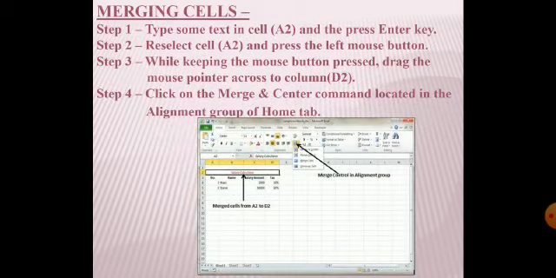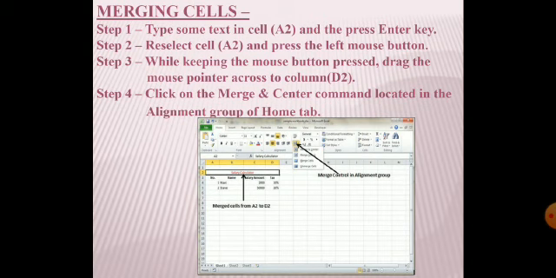The next topic is merging cells. Merging cells to center text across columns. We have to follow some steps. First step is to type some text in cell A2, which is given in the diagram also, and press the Enter key.